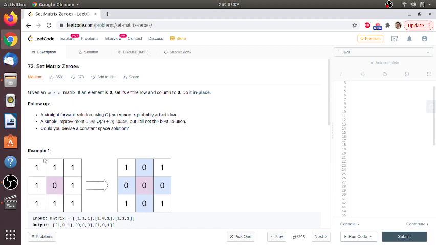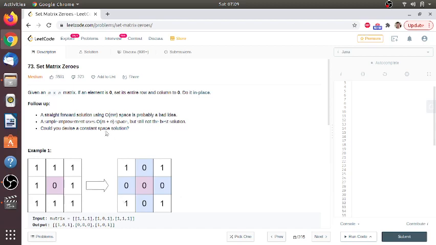Based on that, you can modify the original one. That will be O(mn) space, but that will be a pretty bad idea.